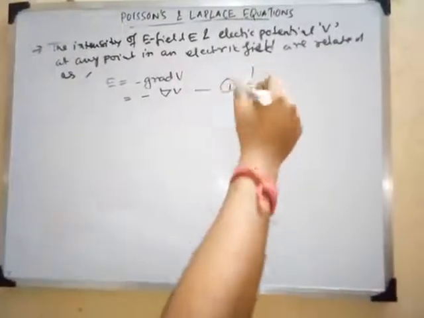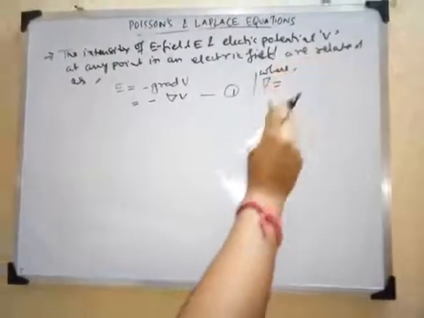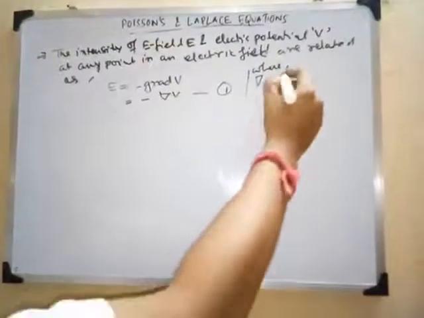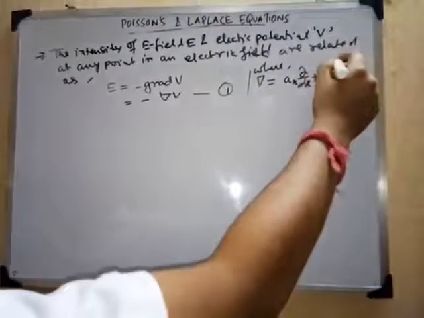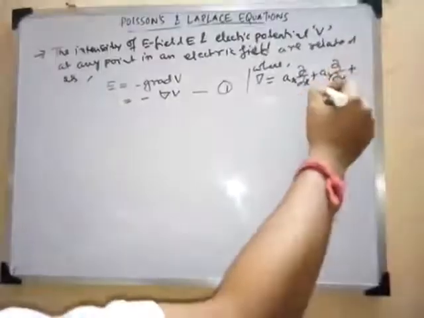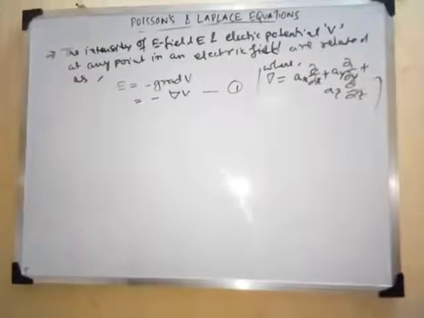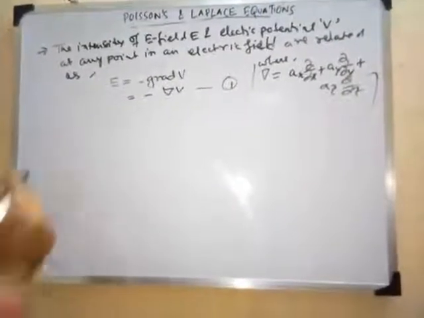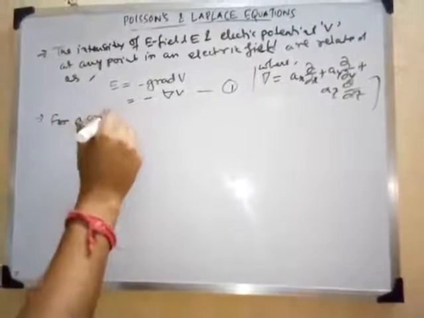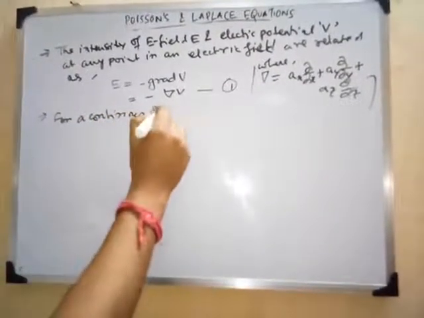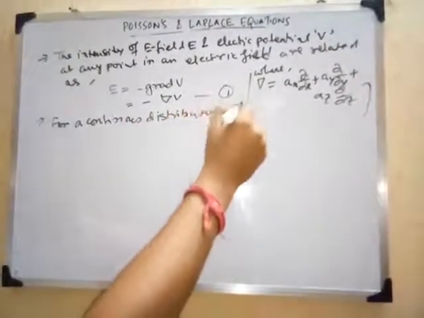Now also we know, and we have already discussed in your previous classes, that del is defined as ax del/del x plus ay del/del y plus az del/del z, right? So this was the expression for the del operator. Now for a continuous distribution of charge